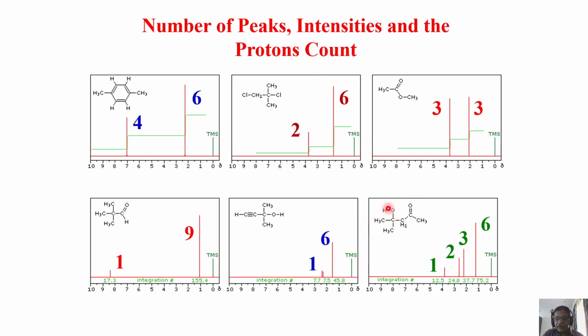So there are 4 peaks here. OH is also here. OH is 1 peak. It is a theoretical stick plot. So this is OH. I mean, theoretically it is right. Although there is no symmetry, it is made to be equal. There are 2 CH3s overlapped here. Intensity 6. Then 1 CH3 here, intensity 3. This is CH2 intensity 2. OH is intensity 1. This is how you can count the number of peaks, measure their areas. It will give you the proton count. You understood?